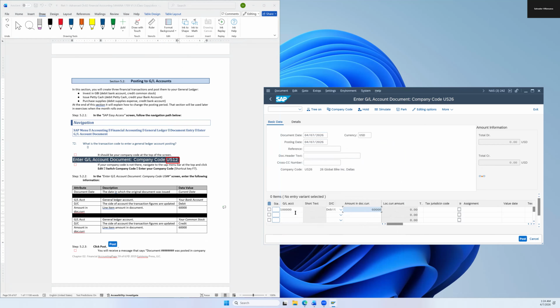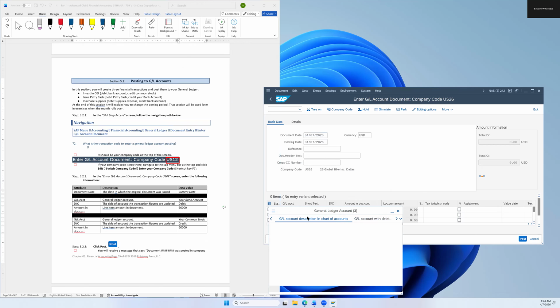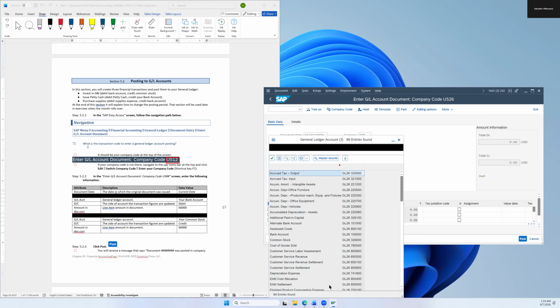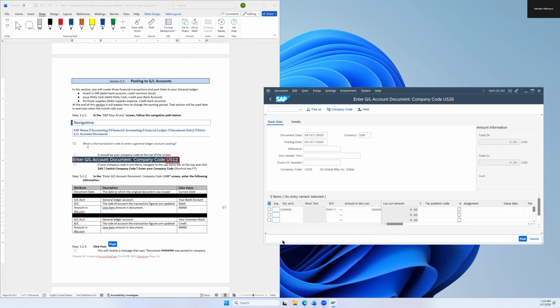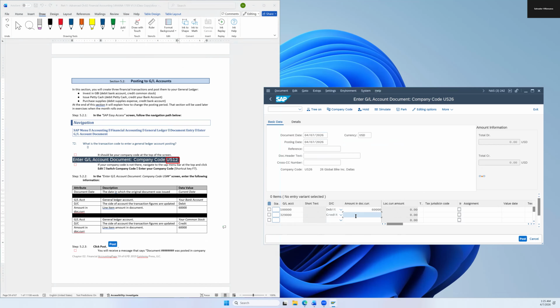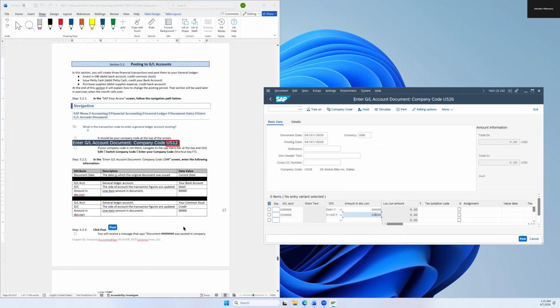So the next line item, we need to find our common stock. We need to find the little search button. Again, search all and common stock. Here's our common stock, GL account. So that is our common stock. Double click on common stock. And this is going to be a credit. So we're going to hit credit here. And looks like it is the same amount. $60,000. Okay,